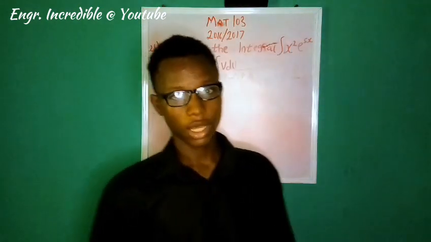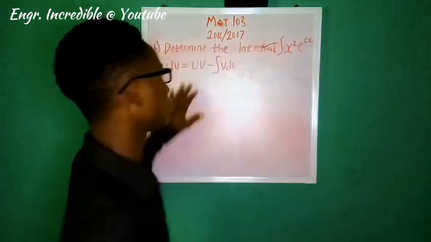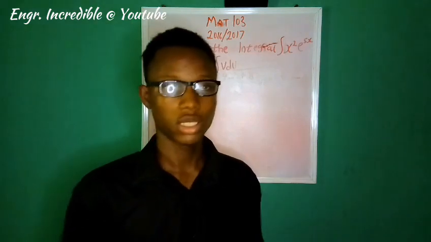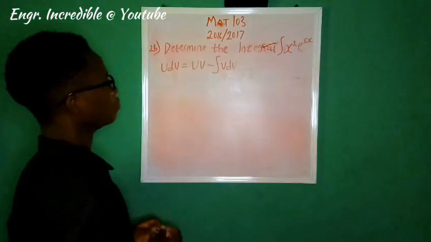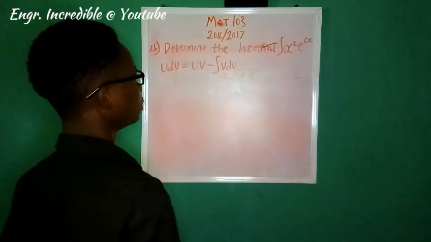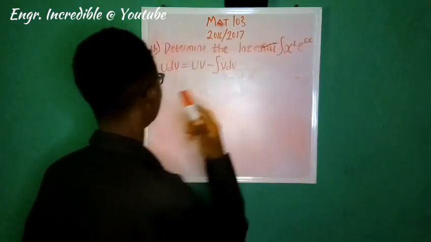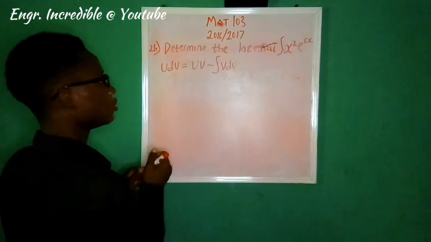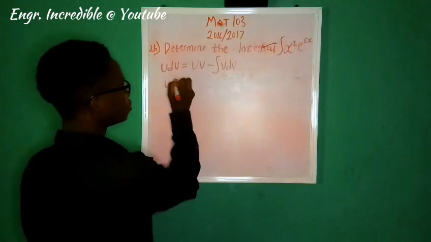Now this is the formula for integration by parts, which we are going to be using here. So we are going to be picking this as u, and we are going to be picking this as dv. So we will pick something like this. We have u is equals to